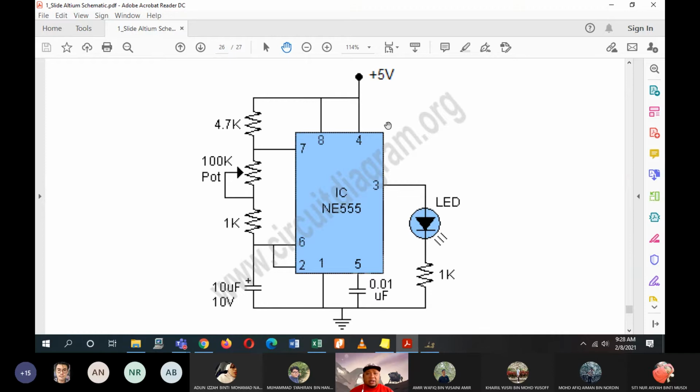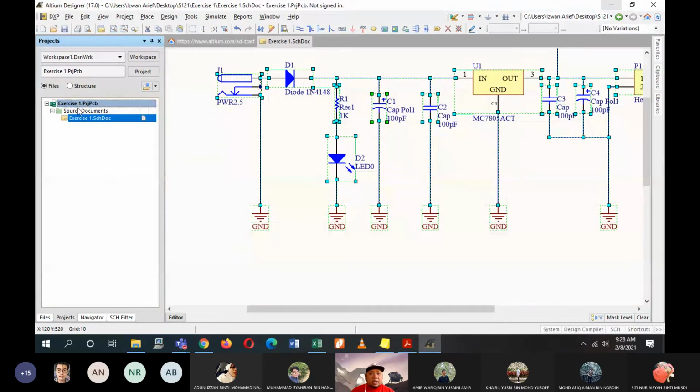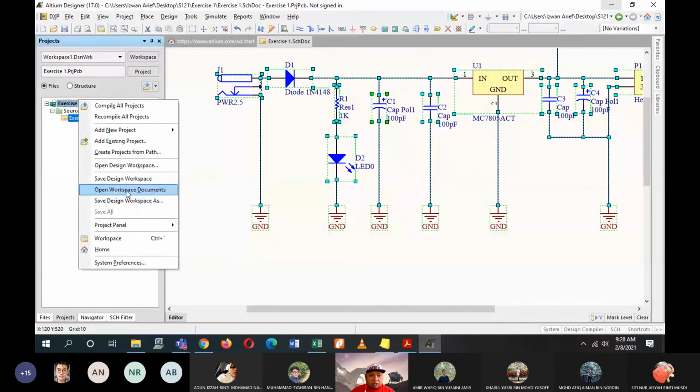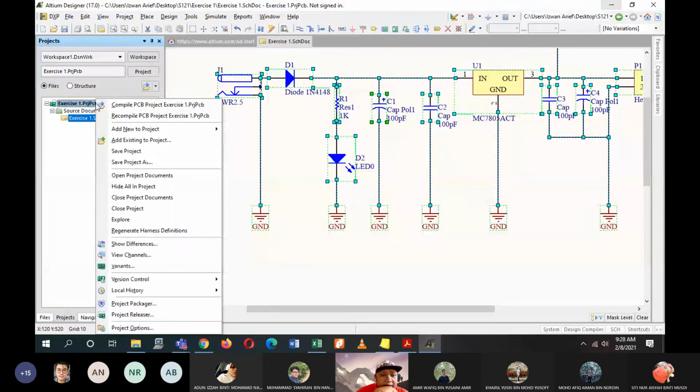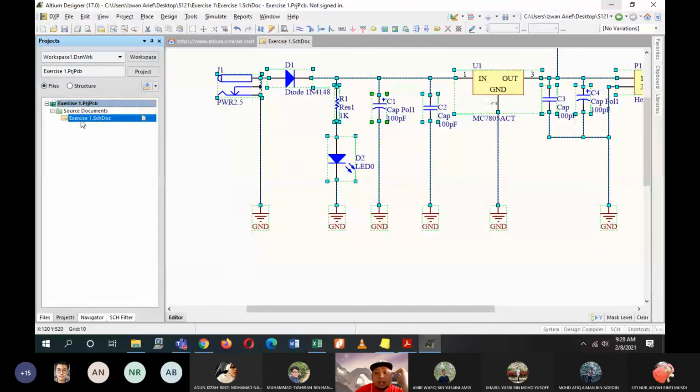Okay, so I want you to try this. Design this as your new project. So this is exercise 1. So close. Where is it? Close project. When you are designing a new project, you are designing a new schematic, just make sure that it's okay.